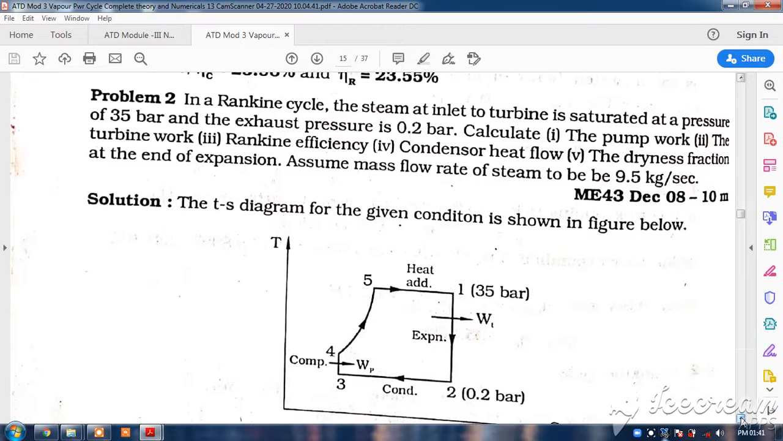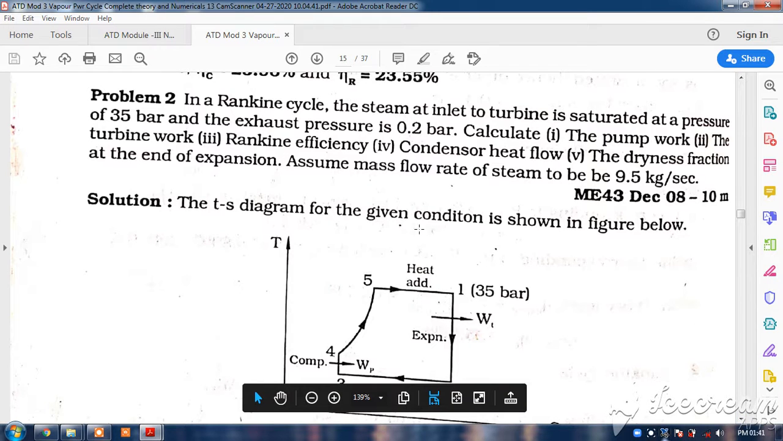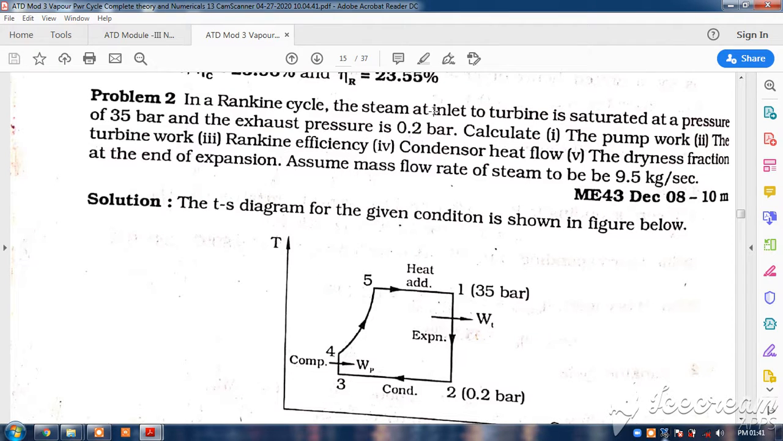Take the second numerical on Vapor power cycle. These are also asked in the industry exam for 10 marks. In a Rankine cycle, the steam at the inlet to turbine is saturated at a pressure of 35 bar and